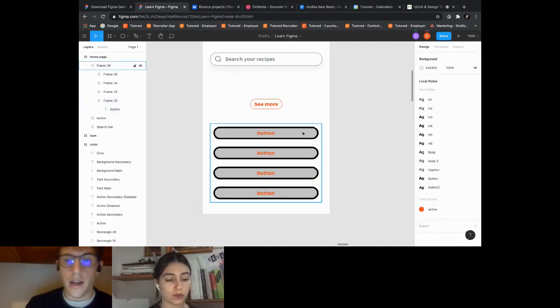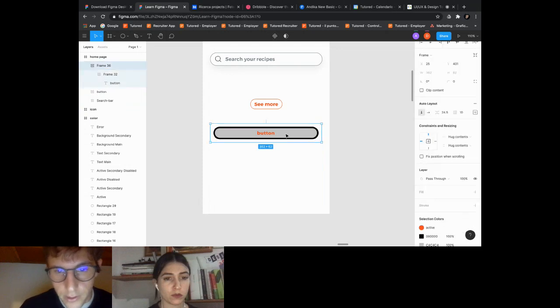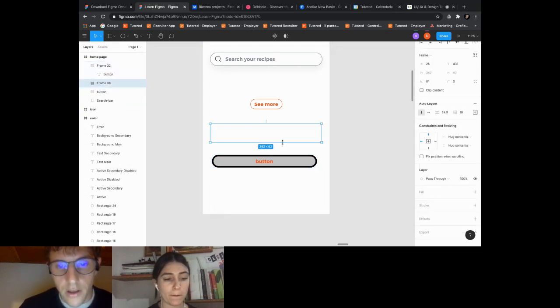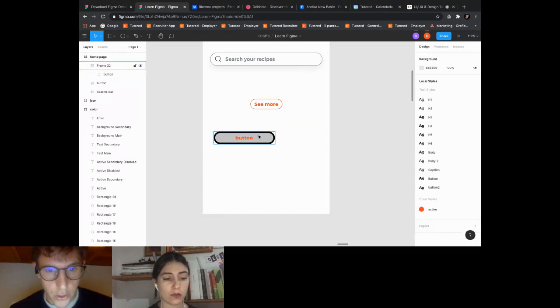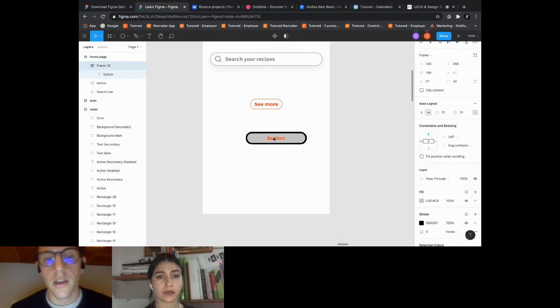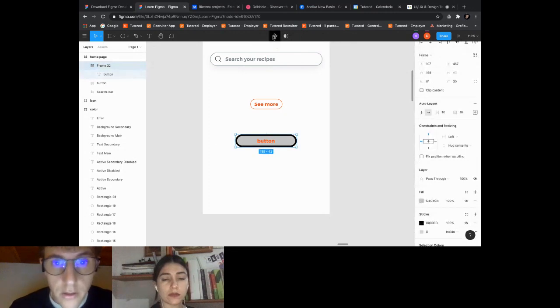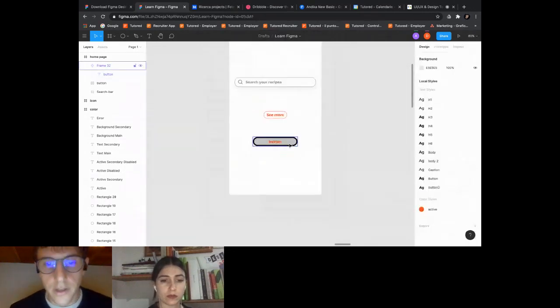Okay. Now, the other most important thing of Figma is component. And I'll show you why creating a component is important. To create a component, you just have to click here, create component. So we want this button to be our main button. So we create this component. Now we are going to design all the project.